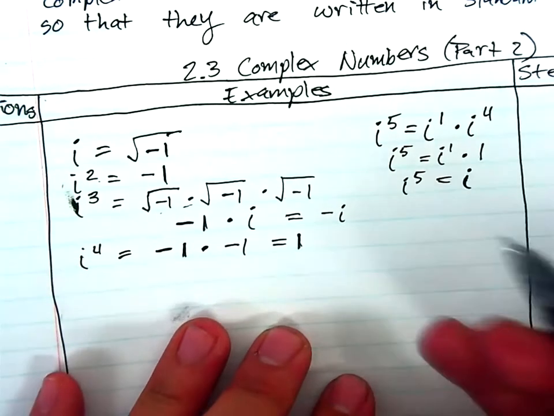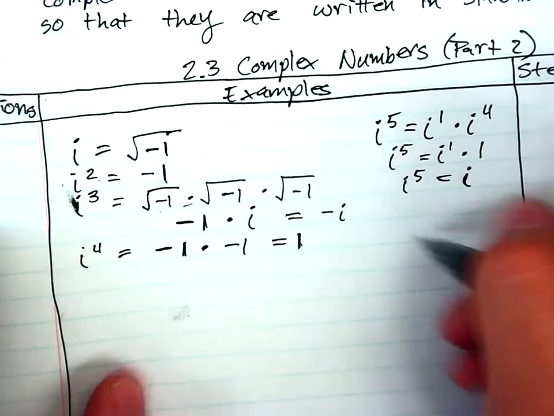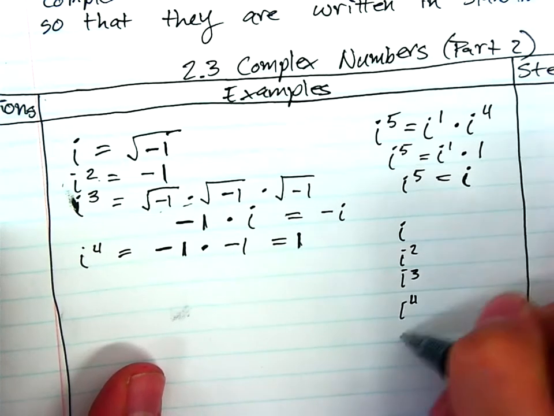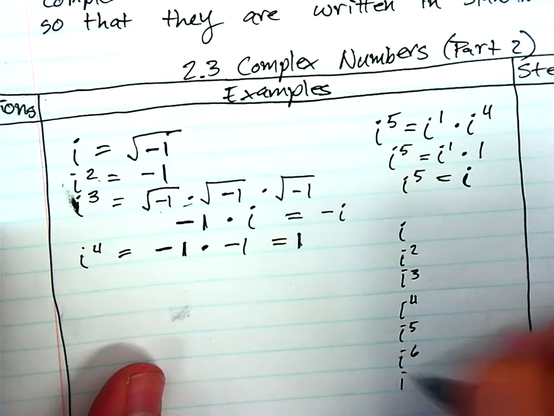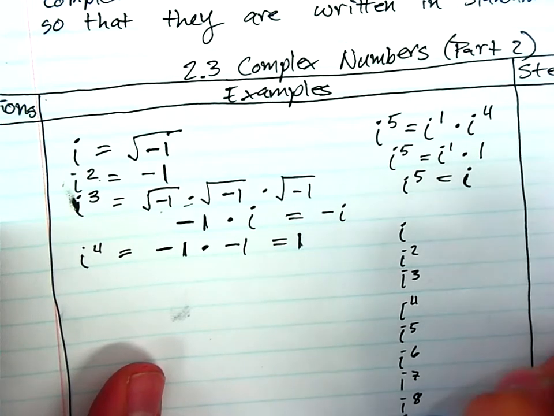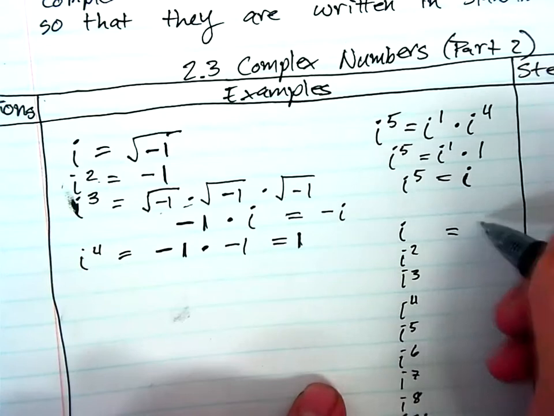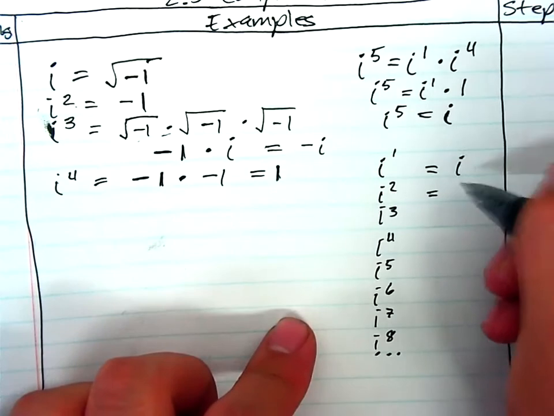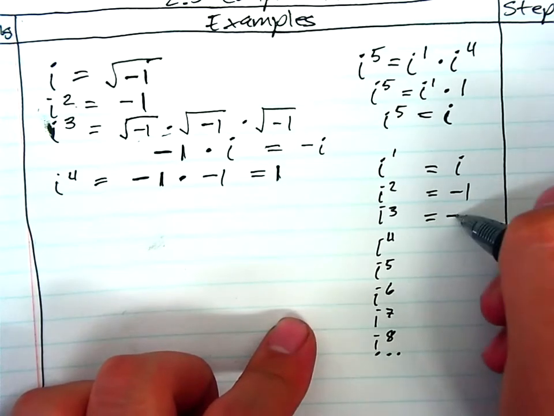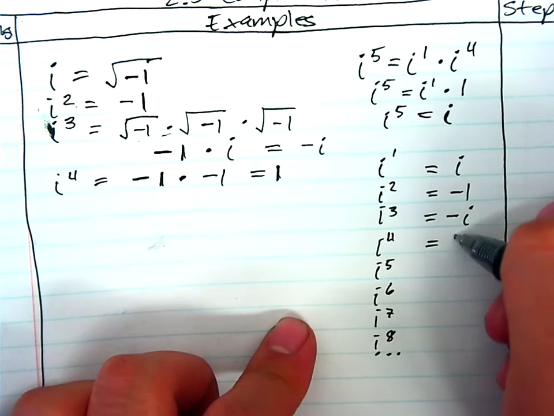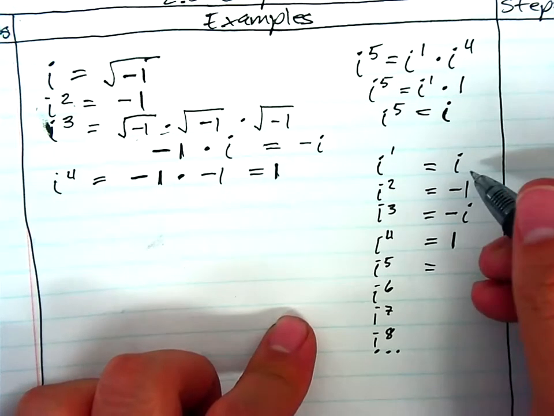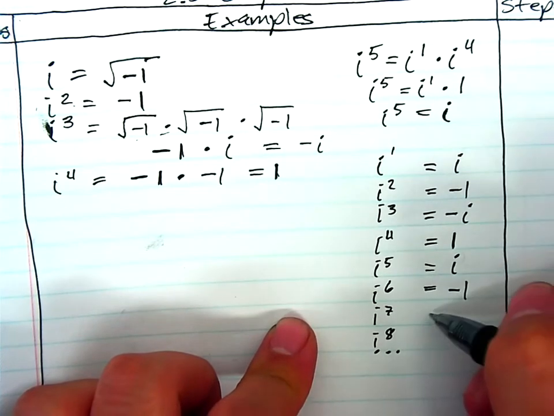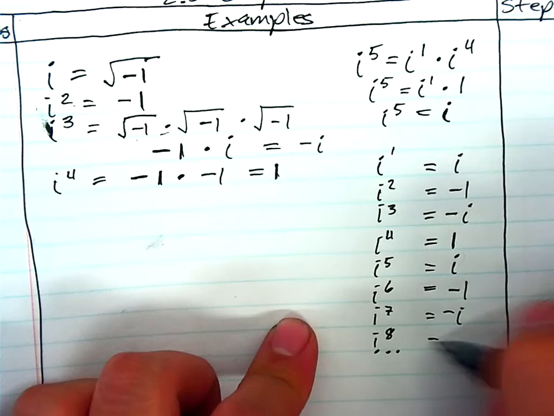Alright? And now there's actually a pattern to this. If you want to write this down, feel free. We have i squared, i cubed, i to the 4th, i to the 5th, i to the 6th, and I'll go down to the 8th, and it will continue on in the same pattern after that. So i to the 1st power simplifies to i, i squared is -1, i cubed is -i, i to the 4th is +1, and then we restart our pattern here. i to the 5th becomes i, i to the 6th, -1, i to the 7th, -i, and i to the 8th,